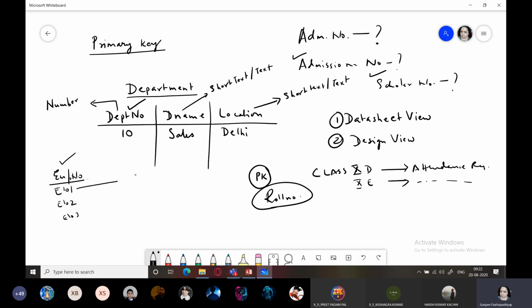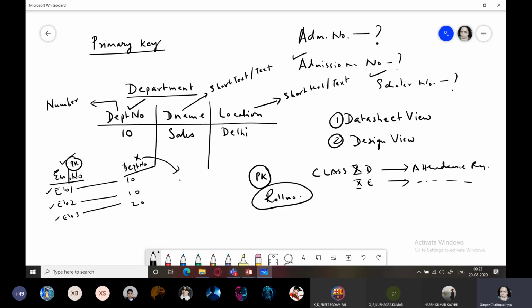So it is possible that employee 101 also works in department 10, employee 102 also works in department 10, employee 103 works in department 20, and four other employees also work in department 20. No doubt department number was there in that table also, but this is not a primary key. What is the primary key there? Employee number, because this serves as a unique identification for every employee.